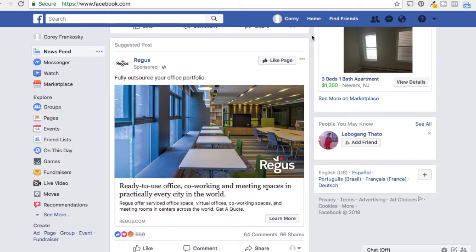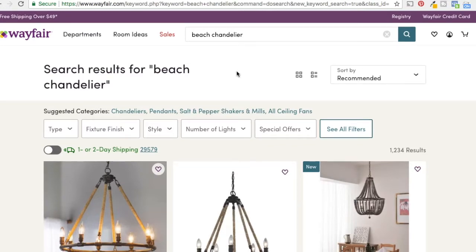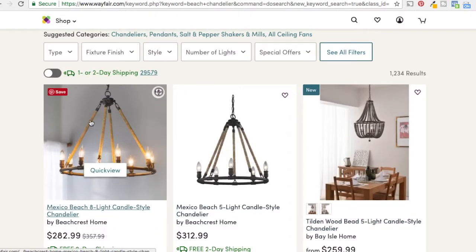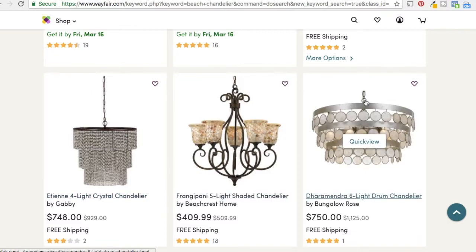So the next thing I want to show you is an example of dynamic retargeting. This is popular for e-commerce websites, a couple different other types of websites, but mainly e-commerce. So what I did is I came into this beach chandelier page and I opened a bunch of these pages here. So let's just say I'm in the market to buy a new beach themed chandelier for my house. So I clicked on it, opened a bunch of these, and then as I go